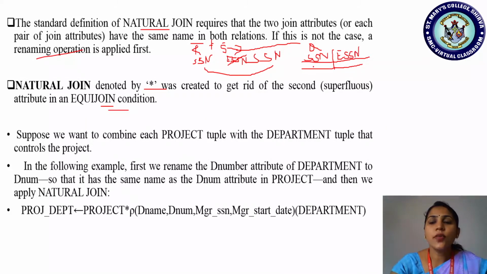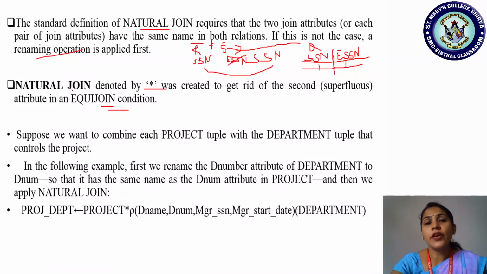Are you all understanding? So SSN is of relation R, ESSN is of relation S, and the tuple which is being joined will display both the attribute values. Whereas SSN and ESSN are common, right? Only if it is common are you merging the tuple. So if SSN is 1 here and ESSN is also 1, don't you think the values are repeated here? It is duplicate, right, the values. So in order to avoid this redundancy, duplication of attribute values, we make use of which one?